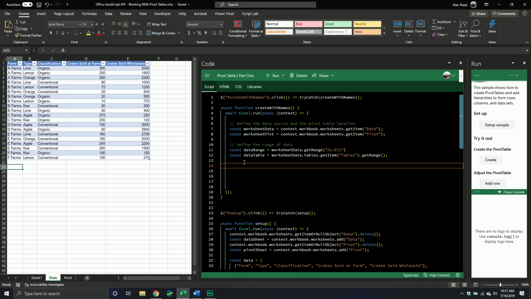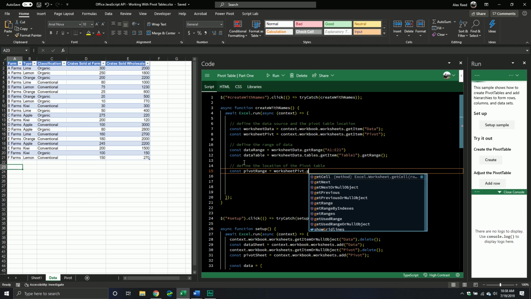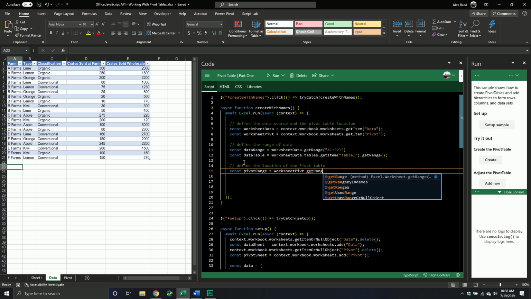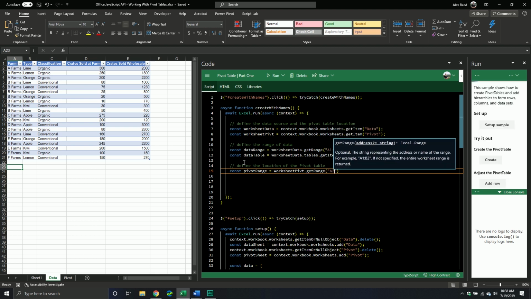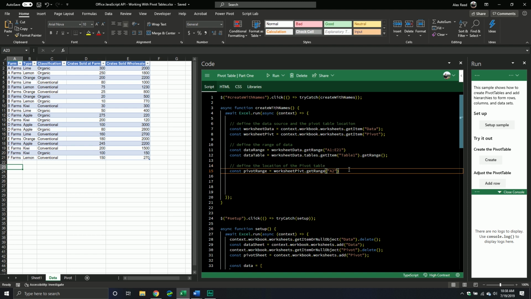Okay, so we've defined the data source and the location of the pivot table. From here, I'm going to create a new variable. We'll call it something like pivot range. That will equal the worksheet pivot. I'm going to get the range, and in this example, I want it to be in cell A2. So if I go to the pivot sheet, it's going to be right here, A2. And then I'm going to put my little semicolon,